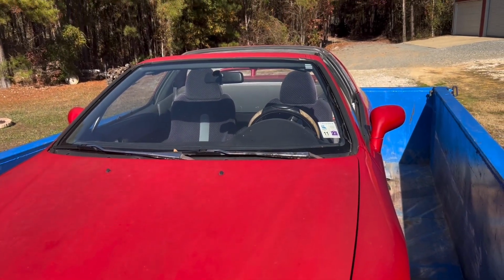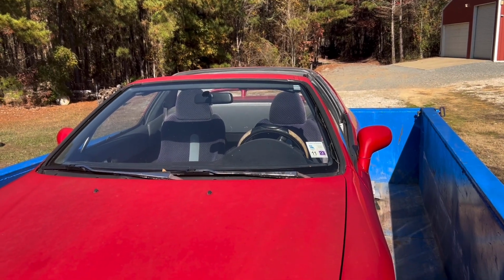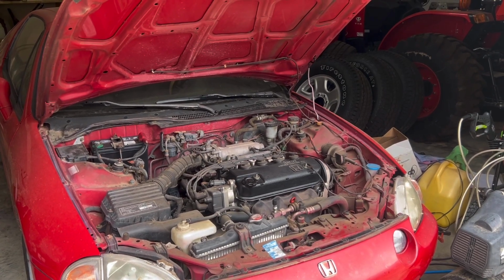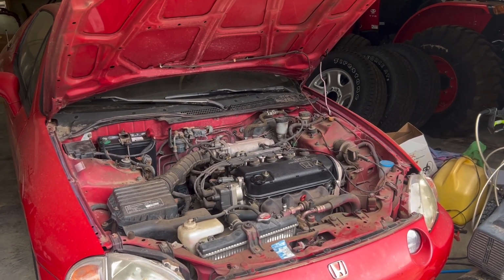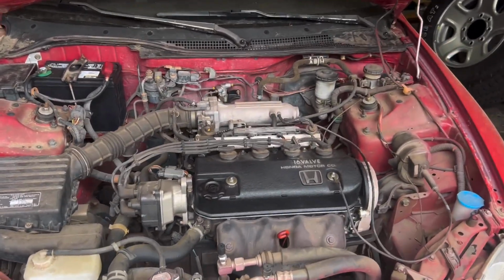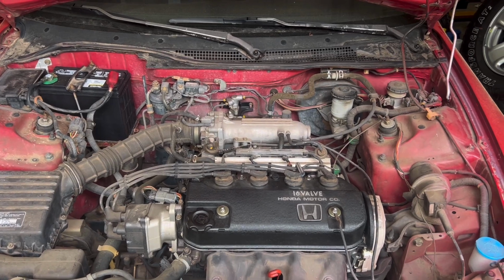Got her home safe and sound. And get her unloaded and backed into the shop over there. All right, we got this thing in my shop, which is a mess, don't judge, but I ended up putting a valve cover gasket on it, got it running good, drove it around town several times now, got it registered, title's in my name,